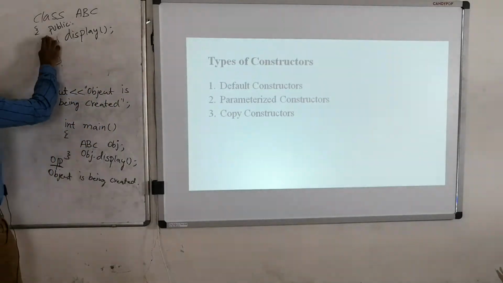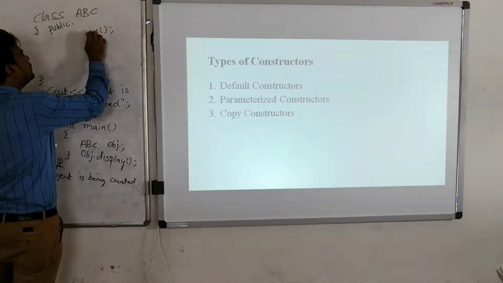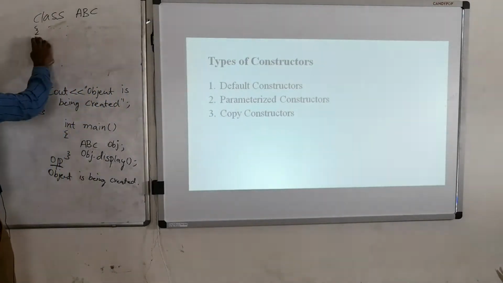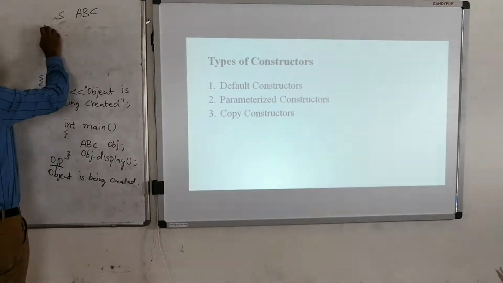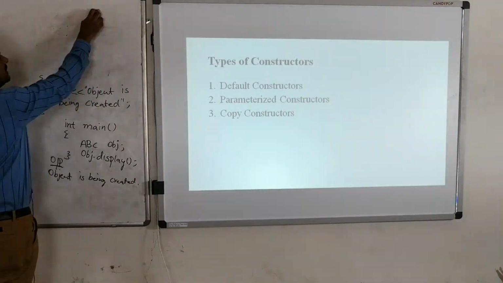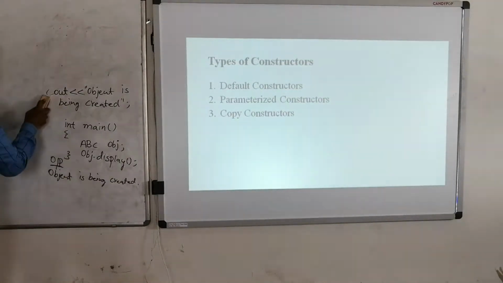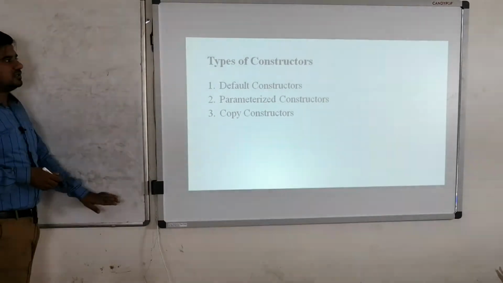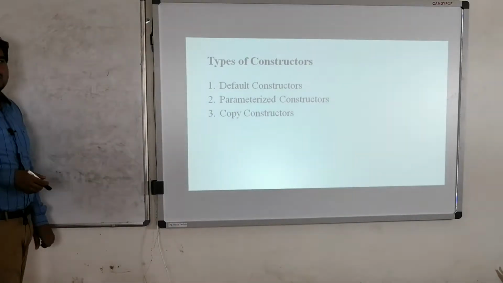In general, there is no need to write your constructor if you don't have anything to do in it. For your initial programs, we have not written any constructors, but we have still created the objects of those classes. How come? Can you pause this video and think? We have 3 different types of constructors: a default constructor, a parameterized constructor, and a copy constructor.